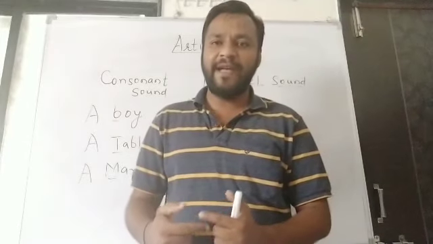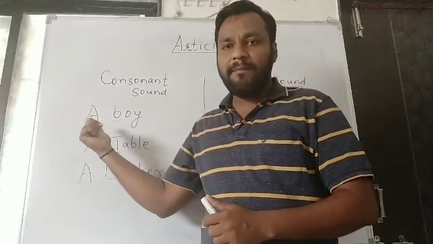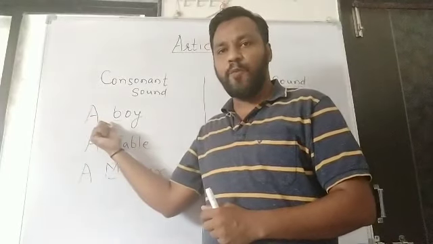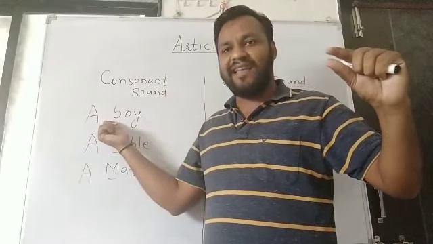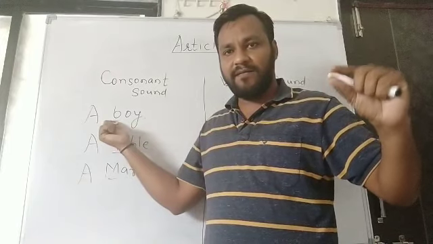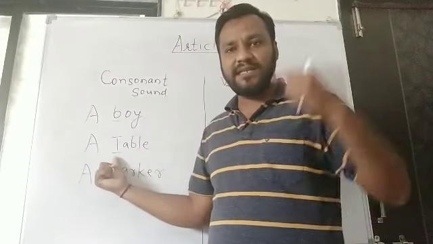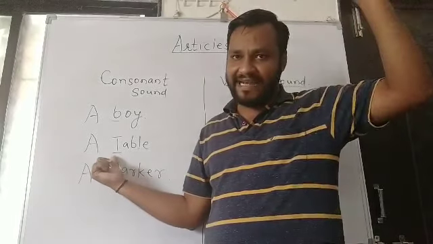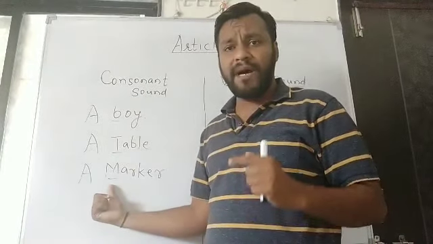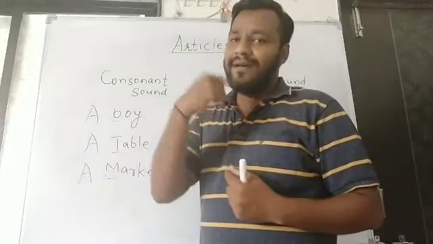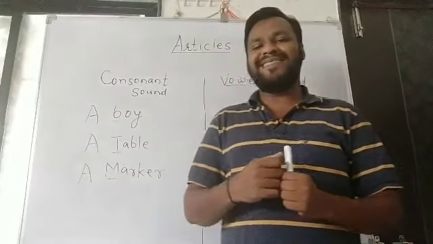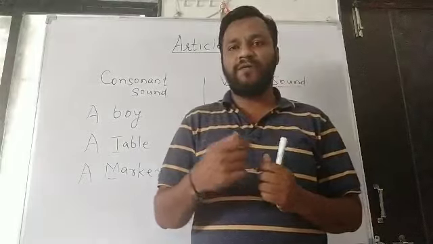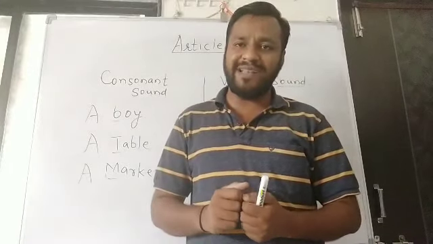Once again we will try. Pronounce b, b, b. When we pronounce boy, the b sound, that time we are closing our lips. Ch, ch, ch. Our tongue touches the upper side. M, m, m. Again we are using lips. Clear? Now vowel sounds. This is the specialty of vowel sound: with an open mouth we can pronounce vowel sound.